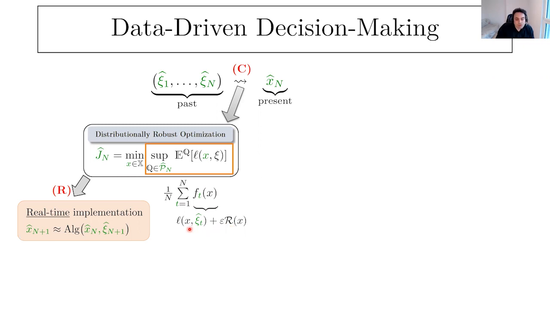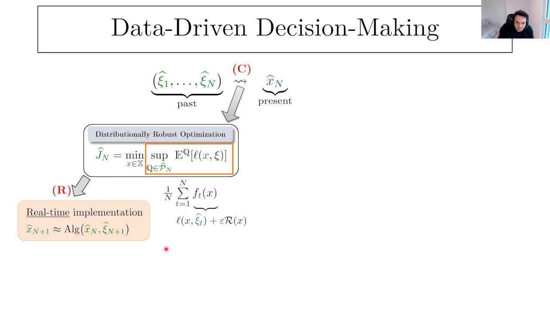So I'm going to talk about situations in which you want to minimize a separable loss function in which each term depends on the data point that you observe. And the question is, can you have a real-time implementation to solve these kinds of problems? That's pretty much the summary of the first part of the talk. And if there is no question, I can continue with a particular focus on this class of problems.